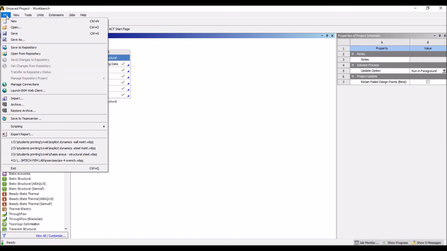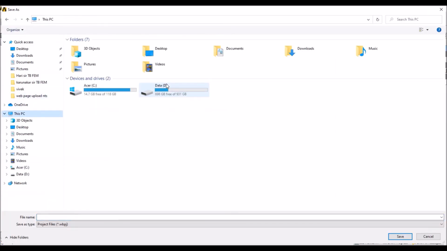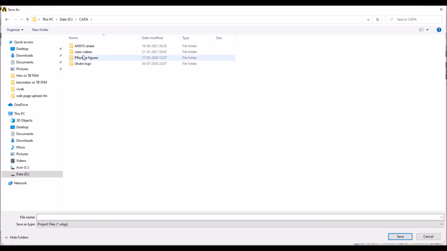Select the folder where you want to save this file. I am selecting the folder. Now give the file name as 1D pipe problem, and click on save.